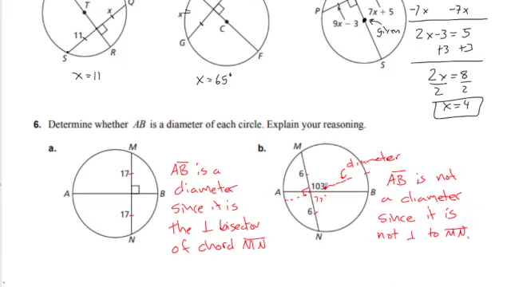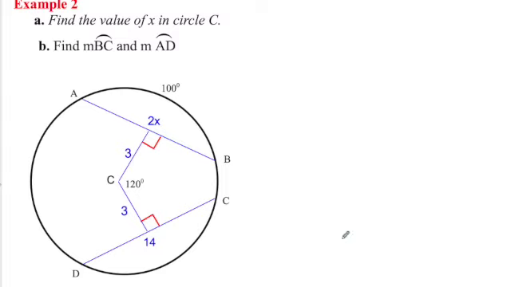Let's take a look at a couple of other problems that involve these kinds of properties. Find the value of x in the diagram. So if you're looking at x in this diagram, that is segment AB. And I might notice that this 3 and that 3 are the same. So these are the same distance from the center. So first I'm just going to say that AB is congruent to CD